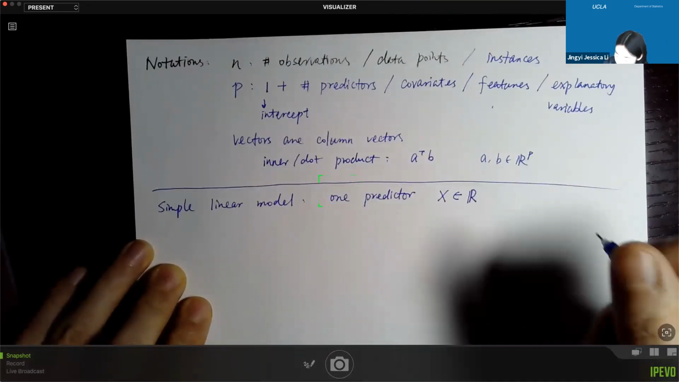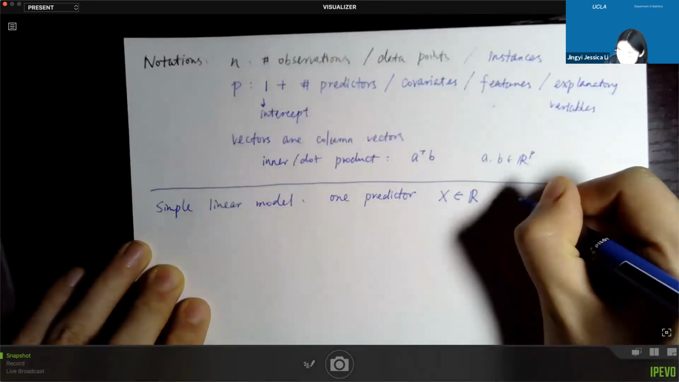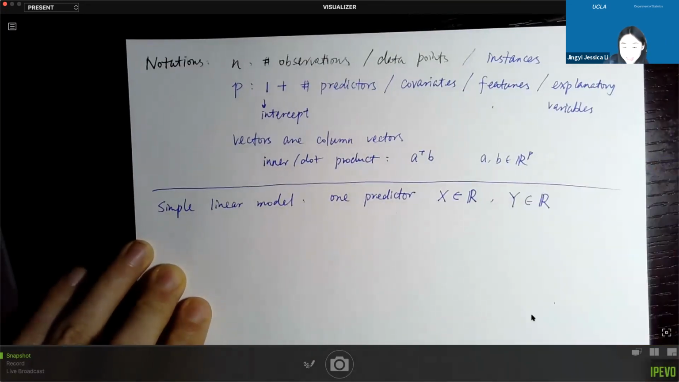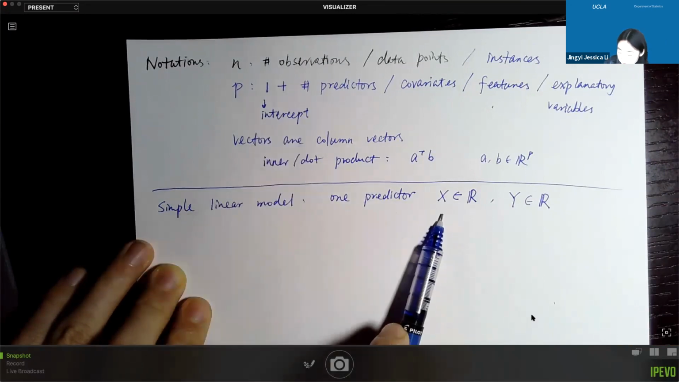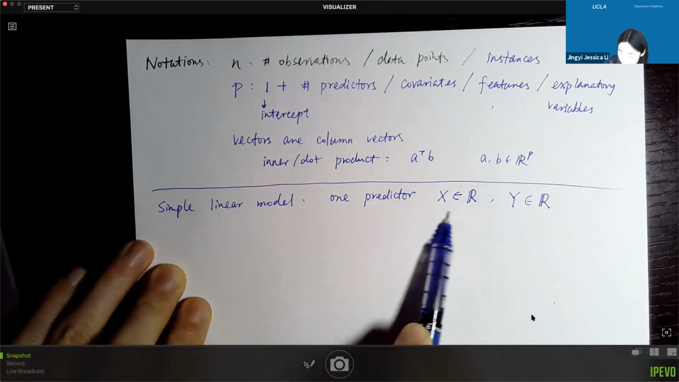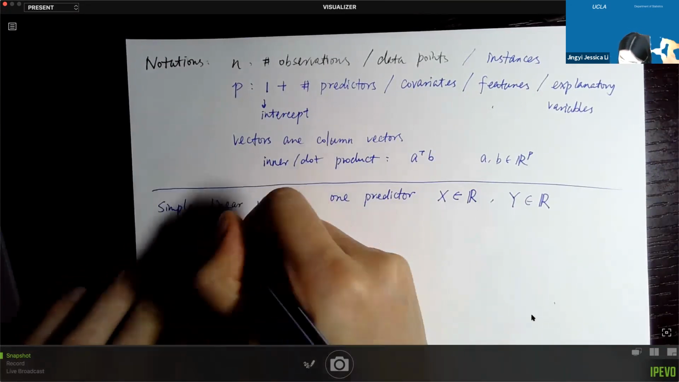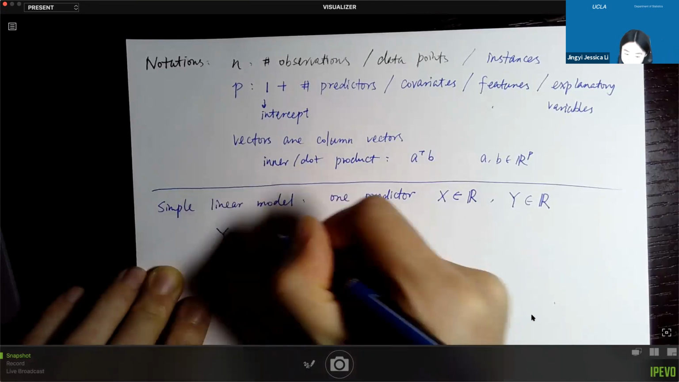Okay, and the response we call Y. It is also a scalar. And what we do here is that we assume we have n observations of the predictor and the response. And so the simple linear model is written as,